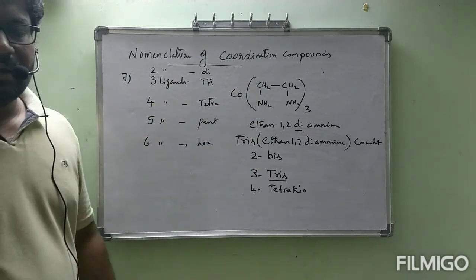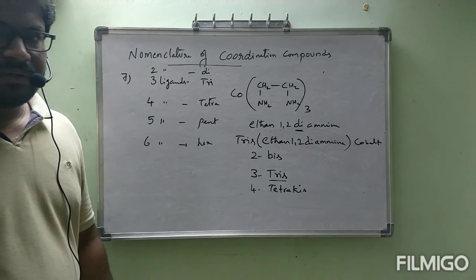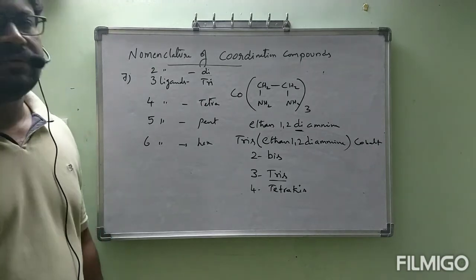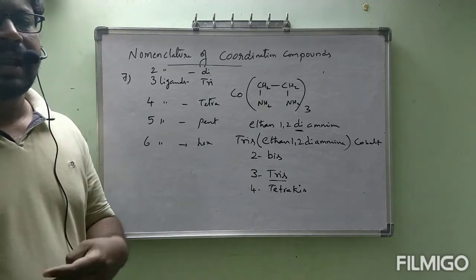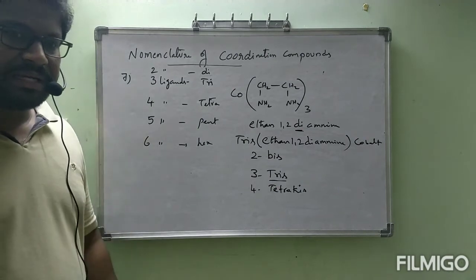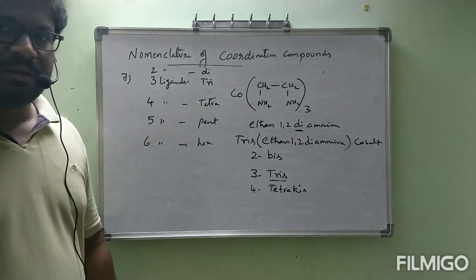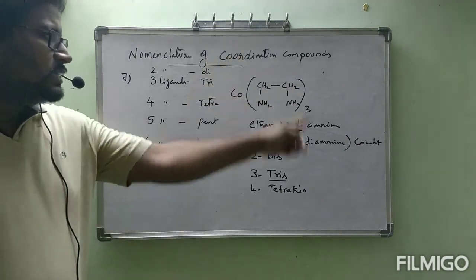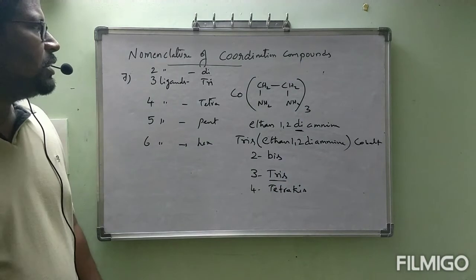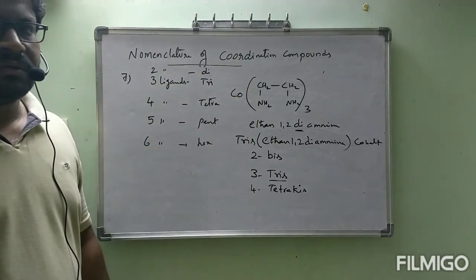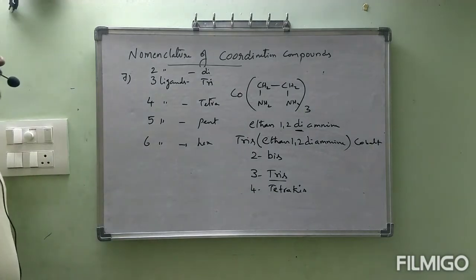But rules are completed. If you are very clear with the rules, I will go through some examples. Okay, total 7 rules are there. No problem, once or twice if you practice the examples, na, automatically you will remember the rules. Okay, it is not possible for everyone the first time, but no problem. By practicing, you will get it, no problem at all. Okay, this is about the rules to write the nomenclature of coordination compounds. Let us see some examples, ma, all of you. Okay, see. Just once go through the 7th one also.